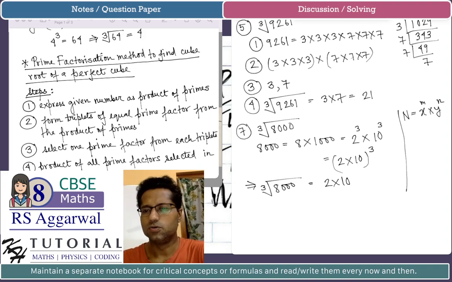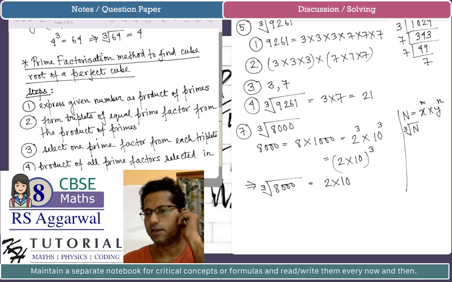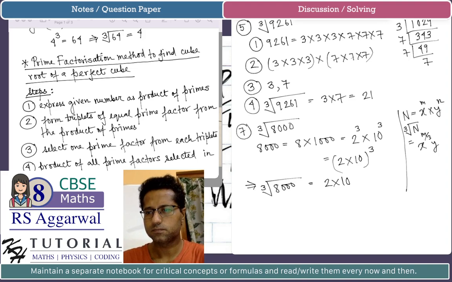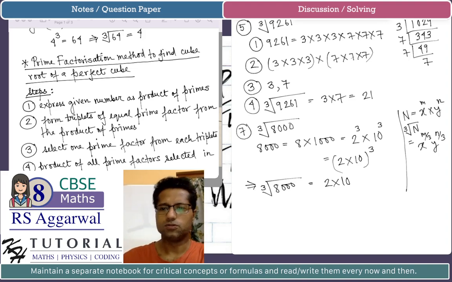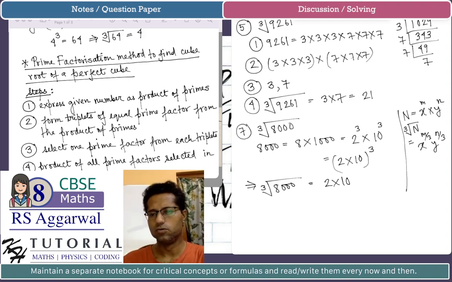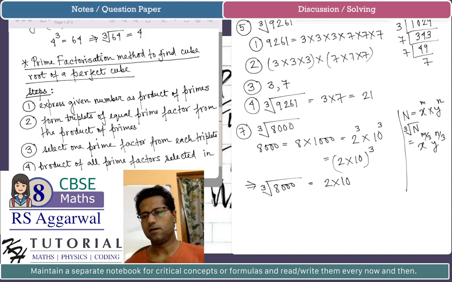So for the cube root of n, if n is a perfect cube, then definitely the powers m and n will be multiples of 3. So from here you can say that the cube root of n will be x to the power m by 3, y to the power n by 3. The powers will get divided by 3. So that is the reason when we expressed 8000 as 2 into 10 whole to the power 3, the cube root of 8000 was 2 into 10 whole to the power 3 by 3, which is 1. So 2 into 10,